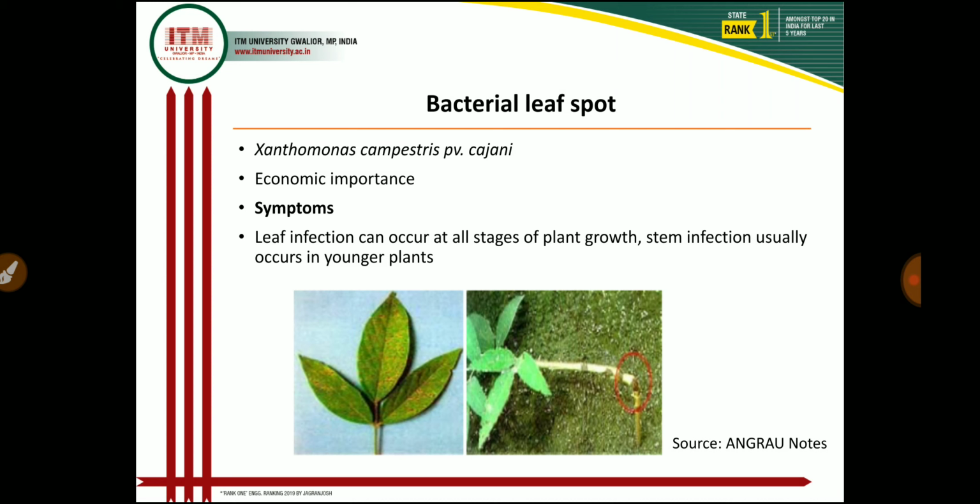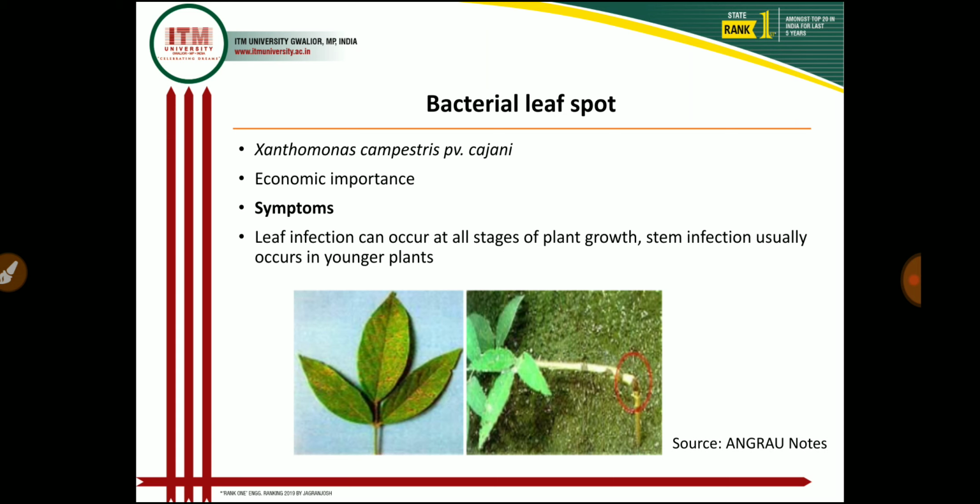It can be seen on the lower leaf of plants that are about 1 month old as a small necrotic spot surrounded by a bright yellow halo. These are the most characteristic symptom of the leaf spot, and sometimes we also see the yellow halo. Later, these develop into rough, raised, cankerous lesions that appear on the stem, and the leaf spots do not usually